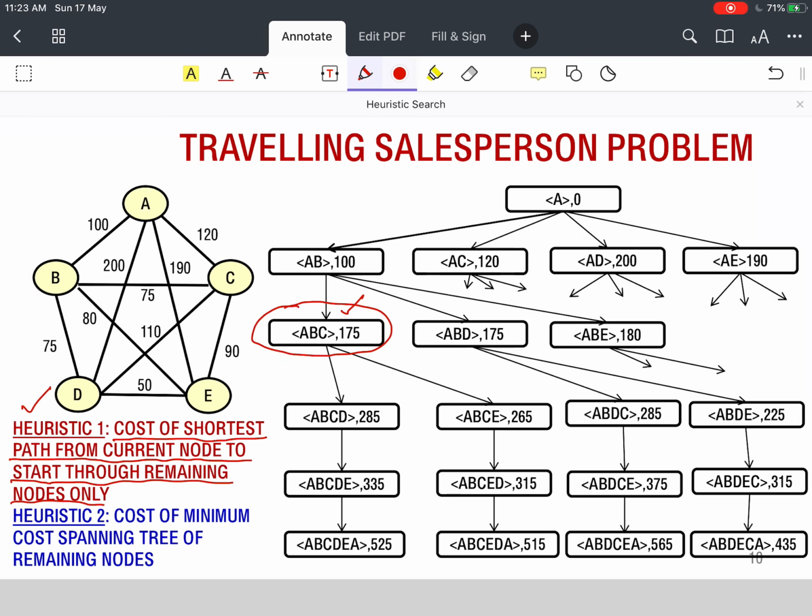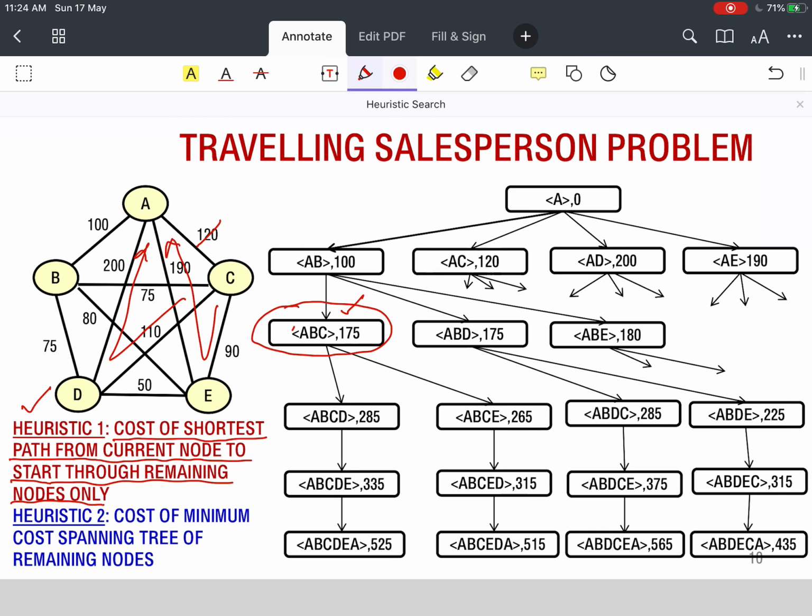Since it needs to cover all the nodes, the shortest cost path need not cover all the nodes. And therefore, if I am already in A, B and C as in this node, then I have the option of going back to A. If we remove this, I have the option of going back to A either this way or this way. These are the two options that I have of going back to A.